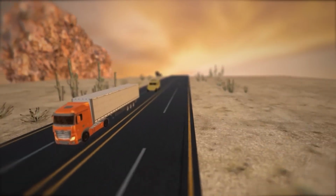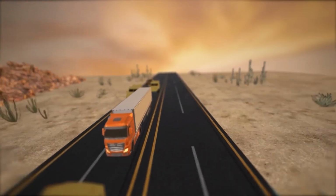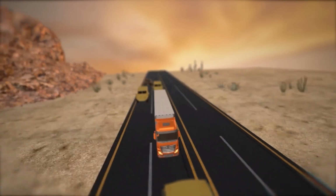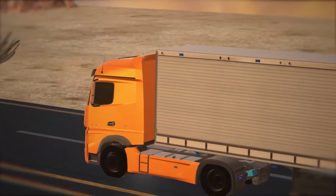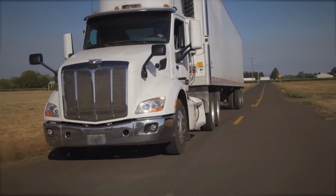deadly warning. To add another layer of defense, military helicopters often monitor the convoy from above. These helicopters not only provide aerial surveillance, but also carry armed response teams that can be deployed in case of